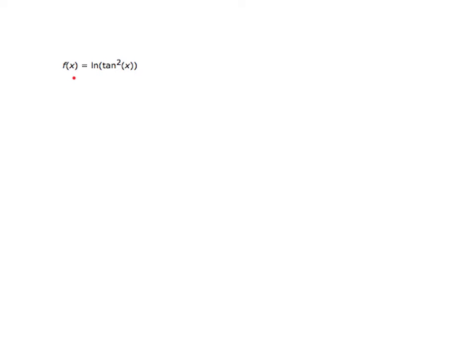Where is the function f of x equals the natural log of tangent square of x discontinuous? The thing to consider about this problem is, well, first the natural log function. This function is continuous on its domain. So if you look at the natural log of x, its domain is all positive numbers, and it's continuous on